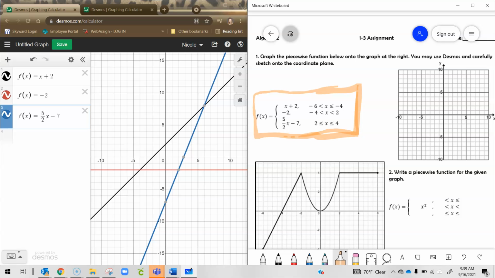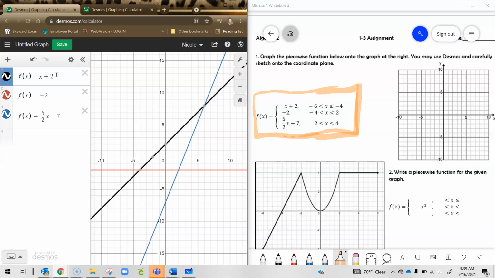And so if you need a chance to catch up, you could pause the video and just start by getting our 3 pieces graphed into Desmos. Notice I have f of x equals on each of them, and then I'm going to go over how to type in the domain restrictions. So you can see that on my graph right now I have 3 linear functions, but with a piecewise function they each are going to have a restricted domain, which is going to cause for just pieces of each graph